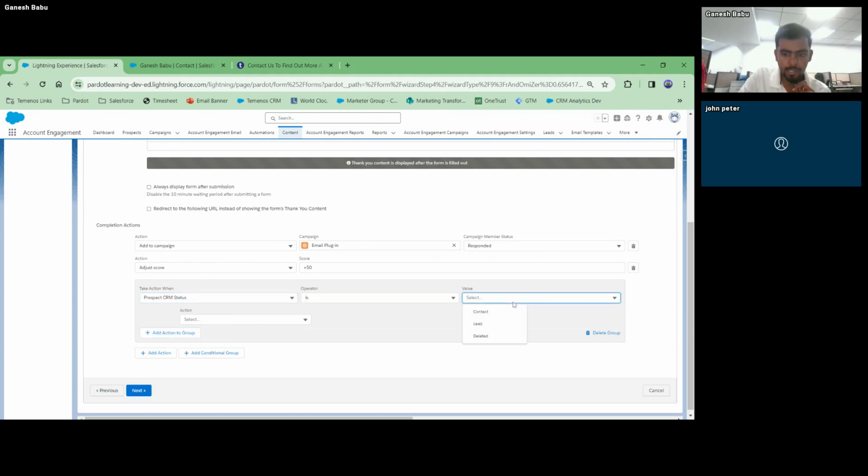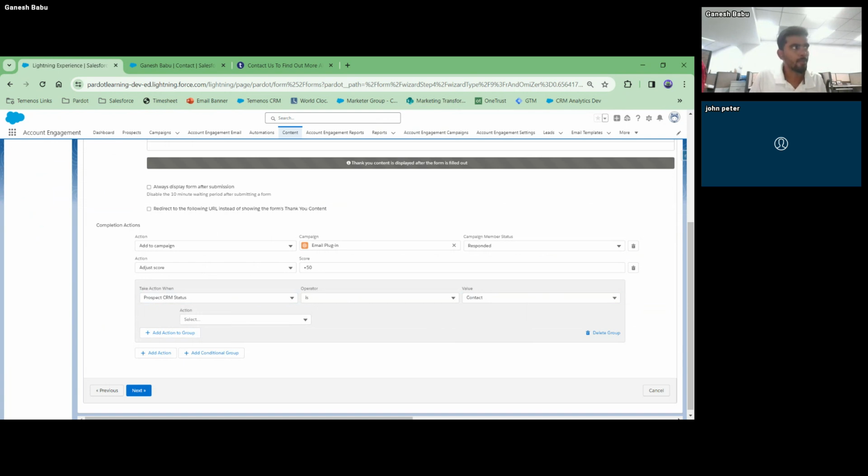If the CRM status is a lead, or okay, if the guy already exists in the database, I'm not getting this particular prospect as a new lead. I already have the same email ID. With the same email ID, I'll already have the record in the database. What do I need to do for the existing leads, right?